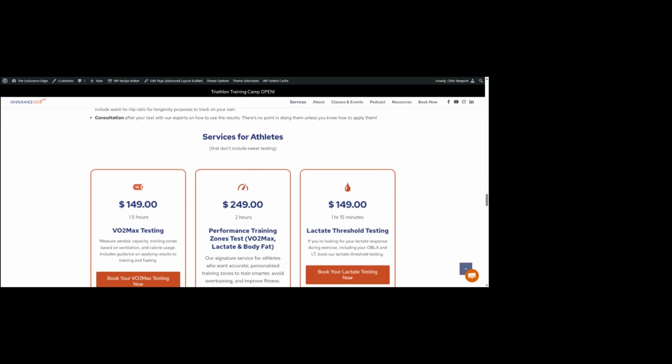Anyhow, so VO2 max testing is plenty. If you're just like, you know what, I just want to get fit, I want to make sure that I'm training in the right zones and being as efficient and effective as possible, I've got a busy life, I want to make sure that I'm doing everything right. There you go. If you are someone who is training for something, and this is what we do for all of our incoming athletes,